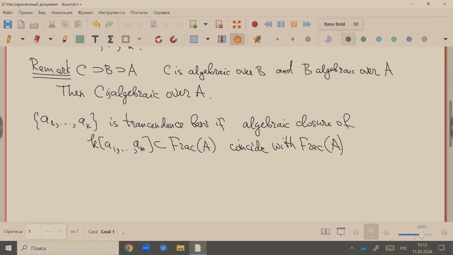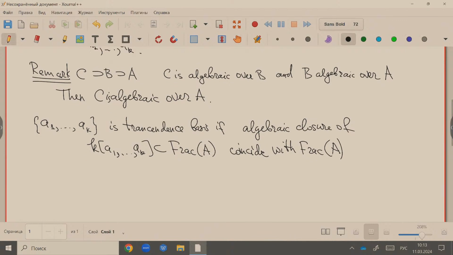Notice that the previous lemma tells you that, by algebraic closure in something, I mean as we take integral closure. I am talking about elements of the fraction field of A that are algebraic over this set. If you take algebraic elements over algebraic elements, you get the same set. So if we take algebraic closure